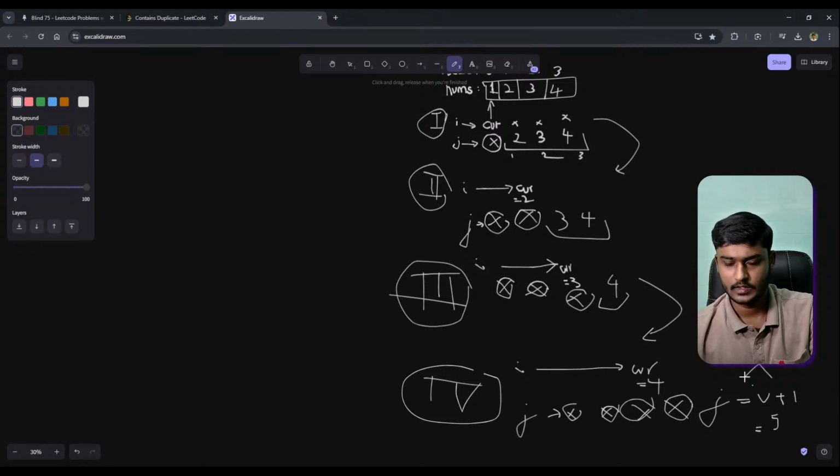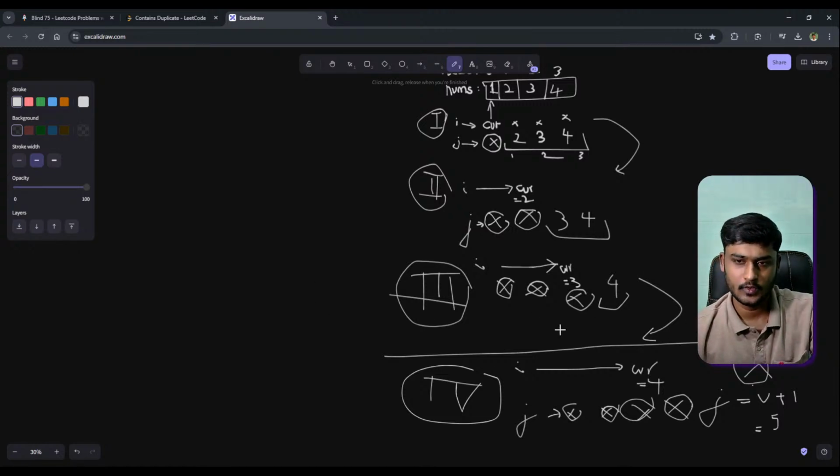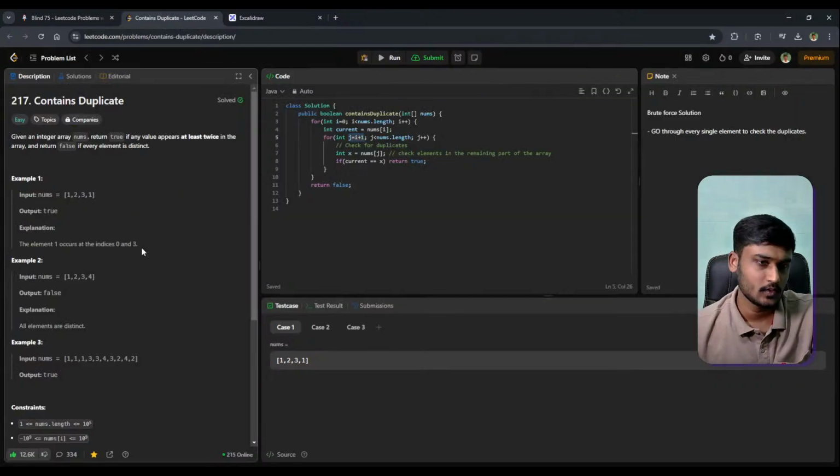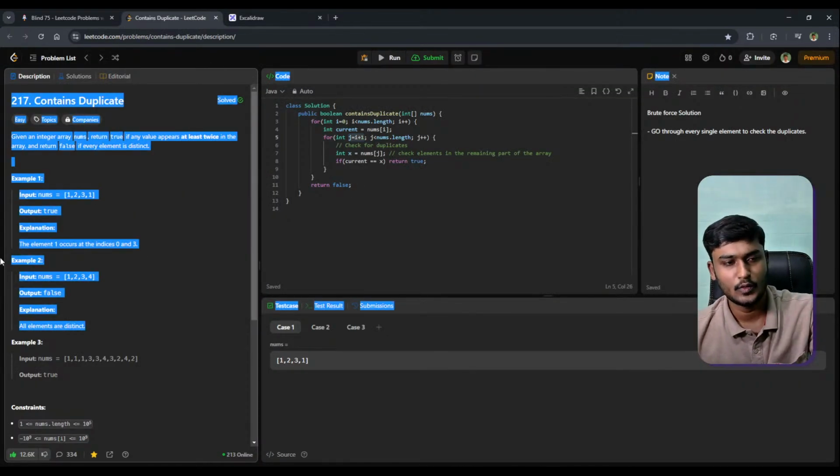So the second loop will not run, so the program will stop here and we will return false. Now the answer is false, right? But if the last element was 1, we would have already checked it in the third iteration itself and returned true. So that's how this example will work.